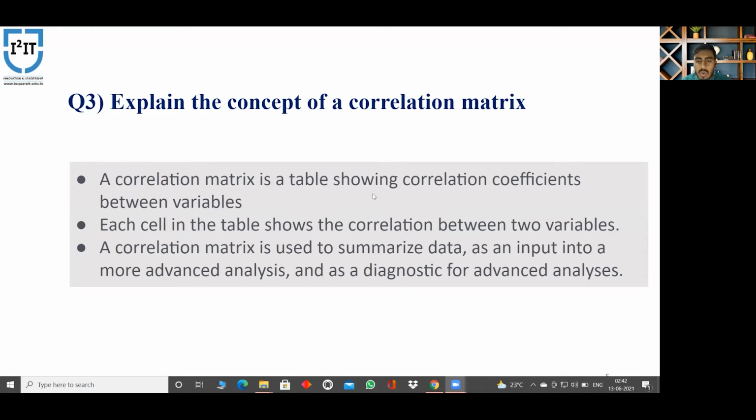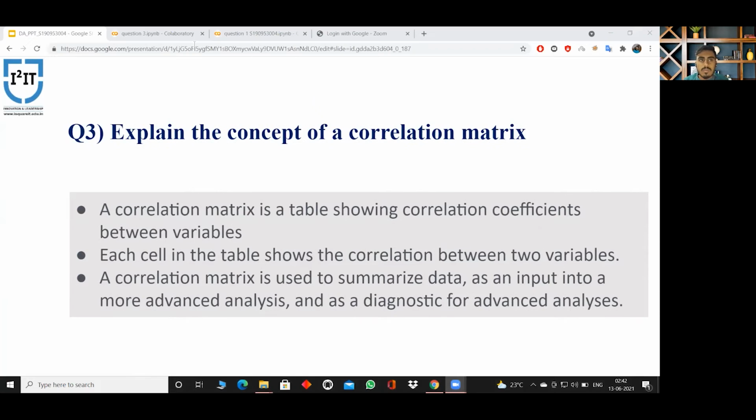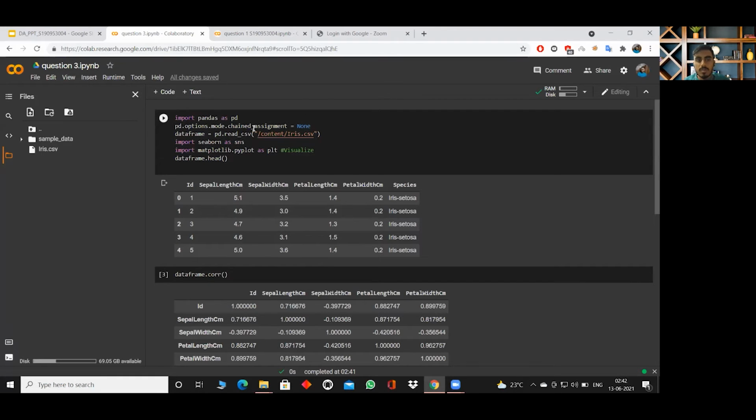Now let us move into the code and understand the correlation matrix between the variables. So here we are importing all the Python libraries, that is pandas as pd, pd.options.mode.chained_assignment equal to None, dataframe equal to pd.read_csv, which is reading the data sheet.